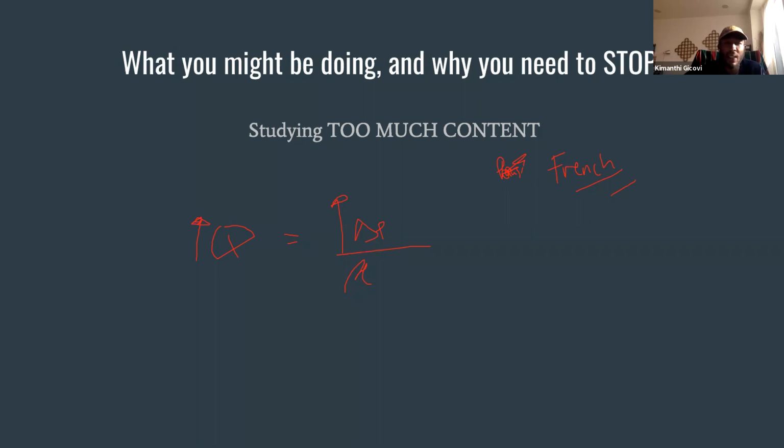What else is in this equation? I literally don't remember. I think there's like a length in there, maybe. Maybe radius or area. No? I don't know. Let's go area. If the cross-sectional area of a pipe increases, what's going to happen to the flow rate? It increases. So if area is in this equation, is it in the top or the bottom? The top. Do you get the point?